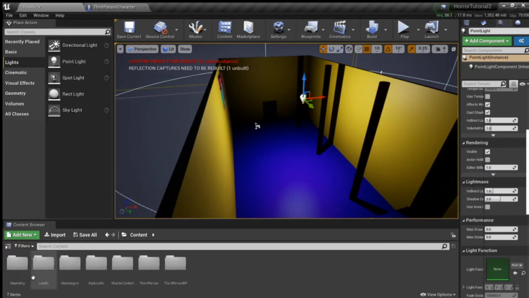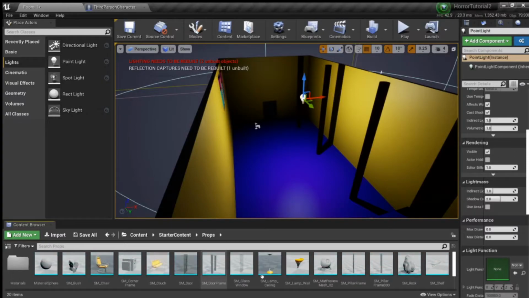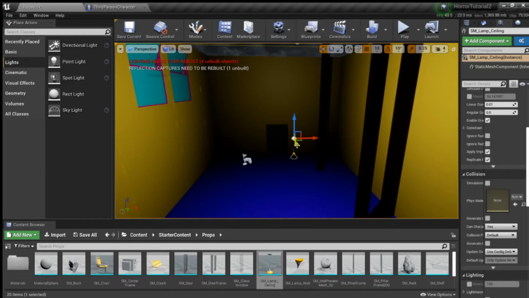So let's get some proper stuff going. Right. So in our starter content we had, where was it? We had props. Is it in this one? Yep, it's some ceiling lamps. Now if I was to drag this in like so, when we got our roof on it'll look a bit better,